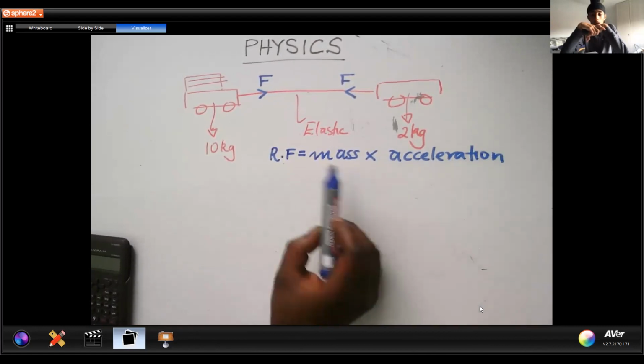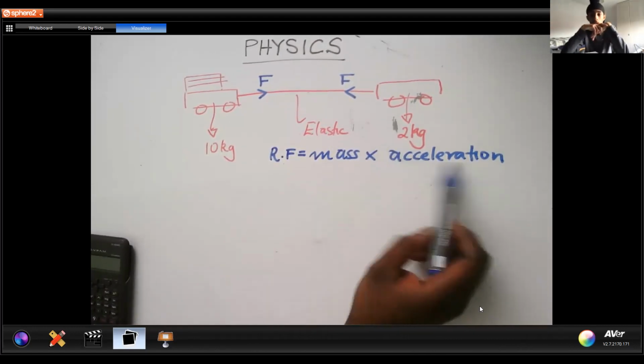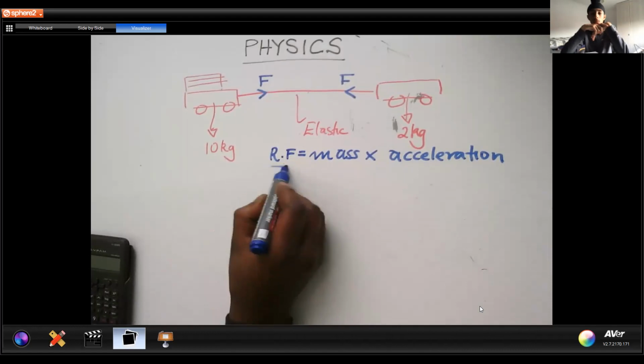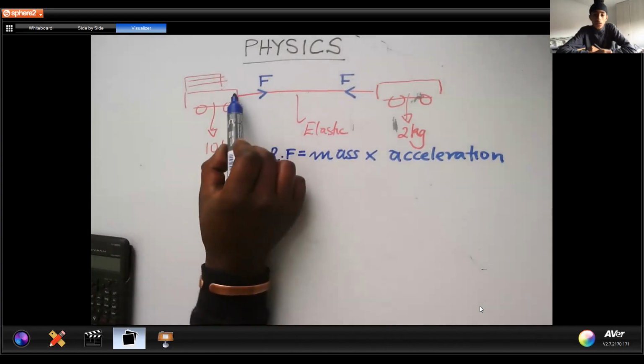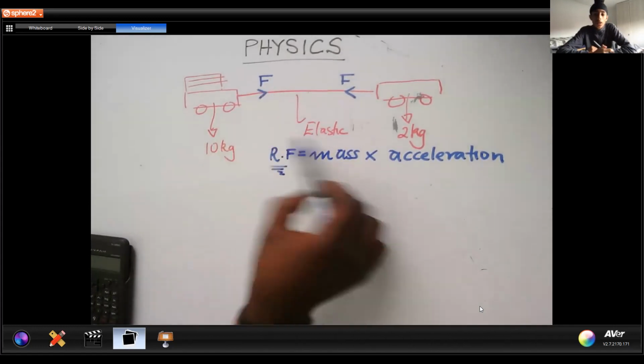Okay, so if you know the mass, you know the acceleration, you can work out the resultant force acting on an object. Okay, cool. So if I tell you now that this is the force and that's the formula,